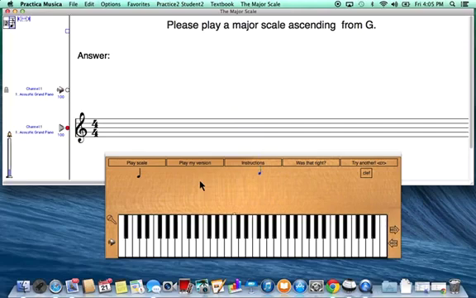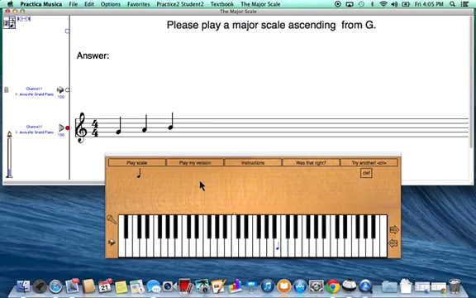So I know that my starting note is G, so I can start on middle C and go C, D, E, F, G. This will be my starting note. And then ascending means that I'm going to play the scale going up, and I will use my pattern. So if G is my first note, I play G. Then I go up a whole step to the next note, A, up a whole step to the next note,